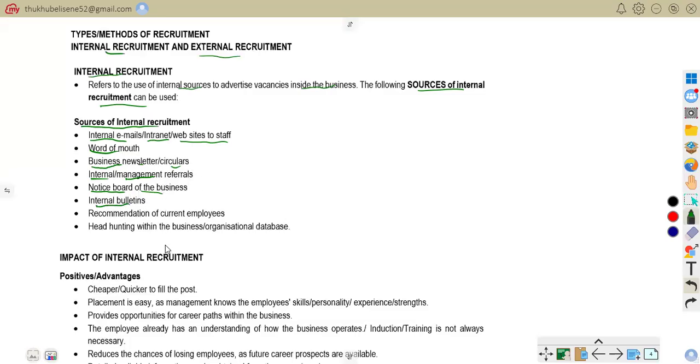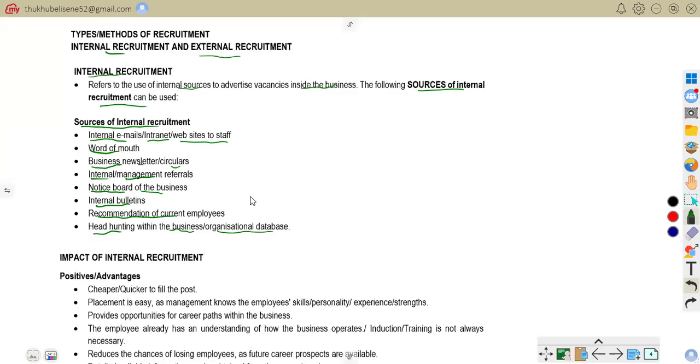Internal bulletins or newsletters. For example, a monthly newsletter lists open jobs. Recommendation of current employees. That's when you are recommended by your fellows or your colleagues. Headhunting with the business or organizational database. For example, he shall select high performing employees. So these are the sources of